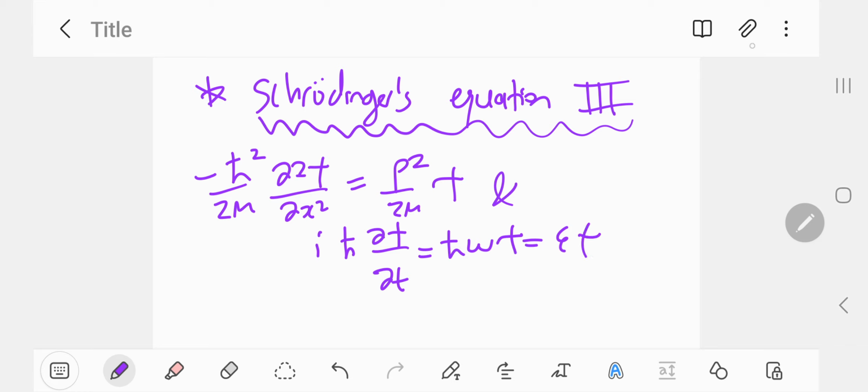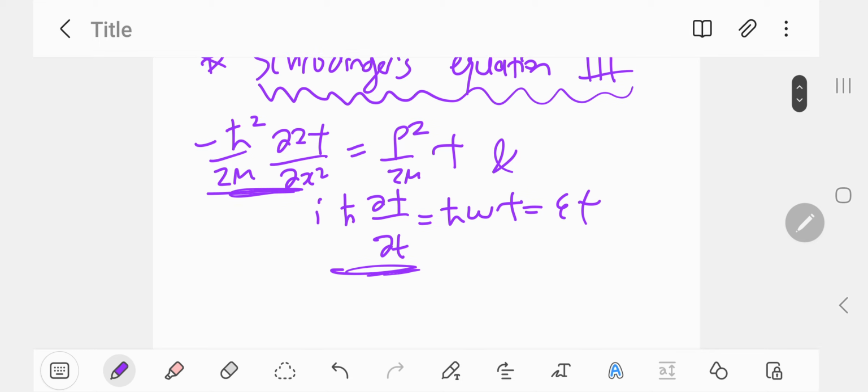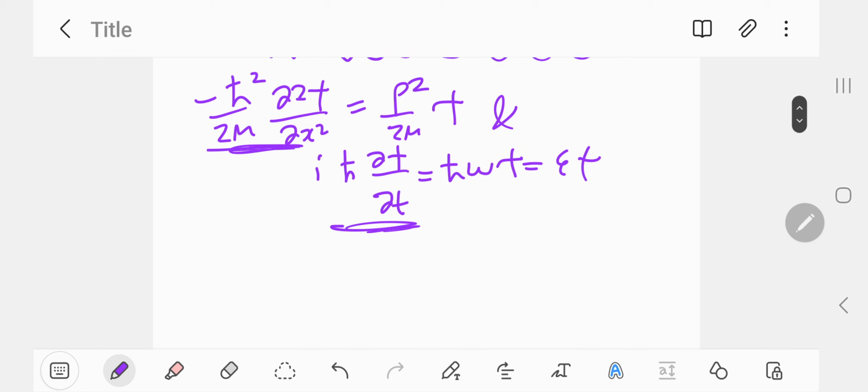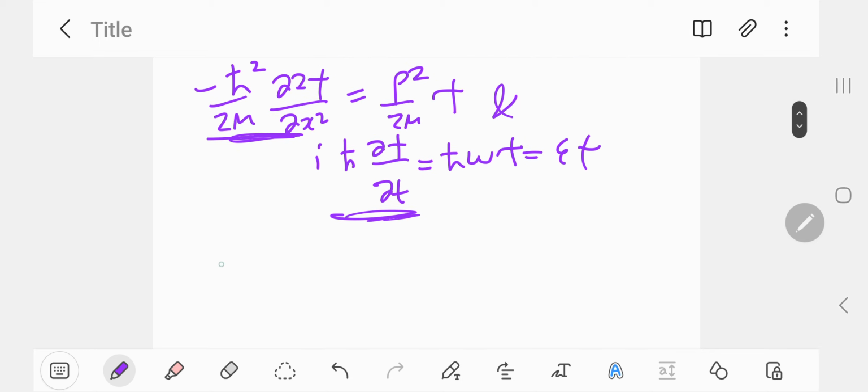So what this means is that the p squared over 2m psi is equal to this here, and the E psi is equal to this thing here. And so therefore we can write the following expression: